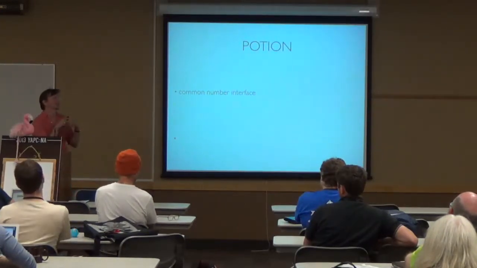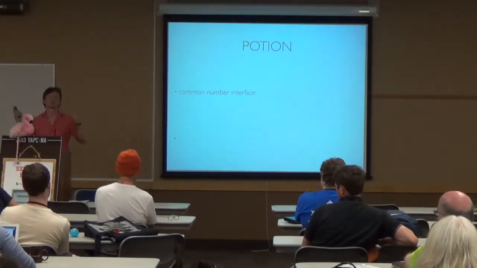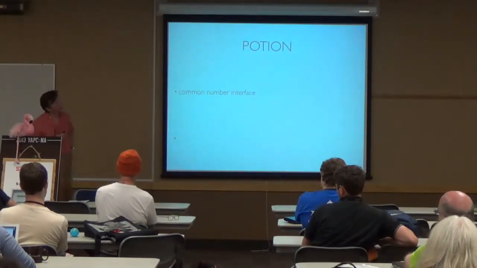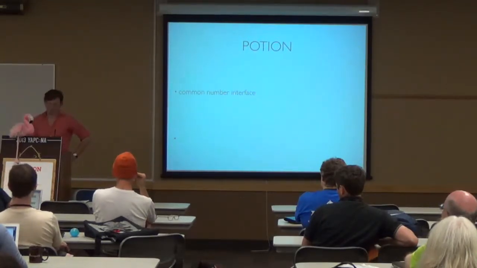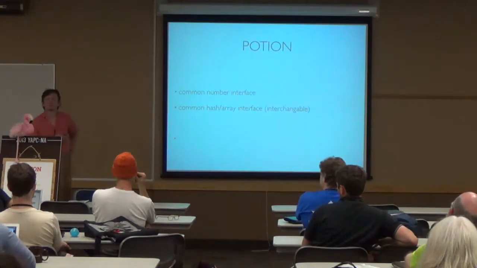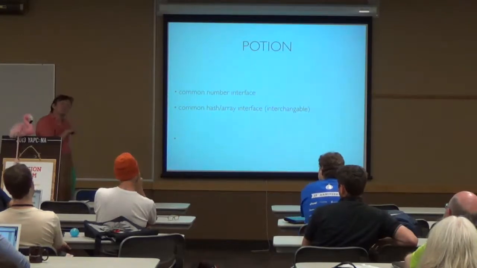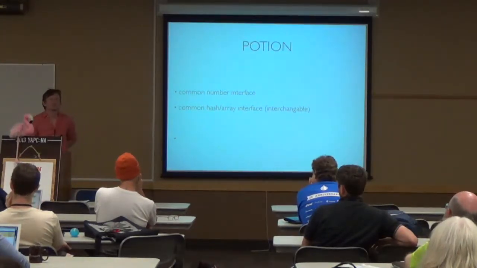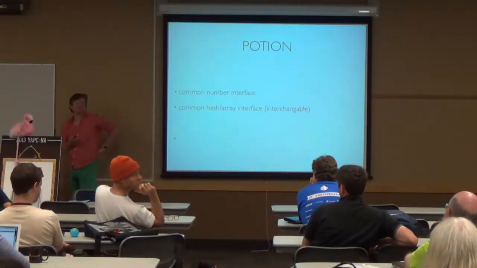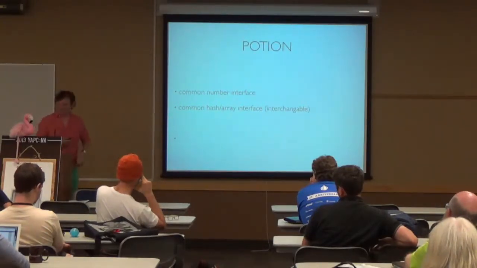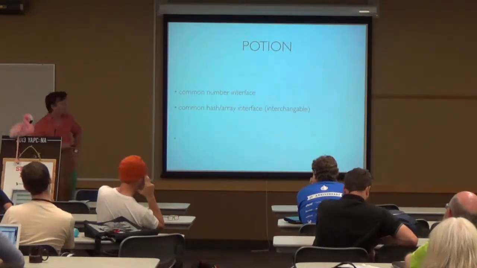Potion is like Perl. It has a common interface, so we have NV and IV, but we use it as one, because we don't care. That's done automatically at runtime. Here also, it's the num class, which is basically taking the integer part or the floating part. And you can easily add bignums to it without the user seeing it. I'm not sure yet if I should use the pragma use bignum. I have it already in the library, but I'd say if JITting has taught us anything, it's that deferring a decision like that till runtime, rather than asking the user to say it, works well. Yeah, I have to hurry up.